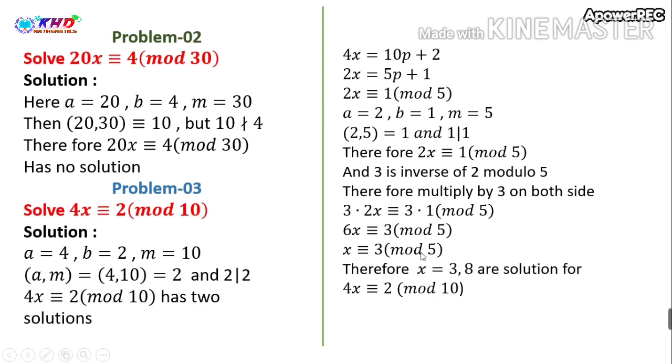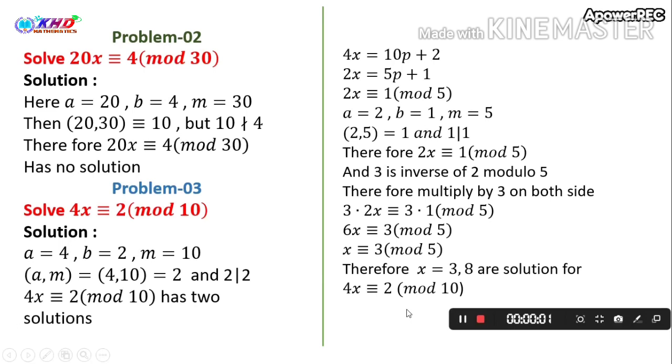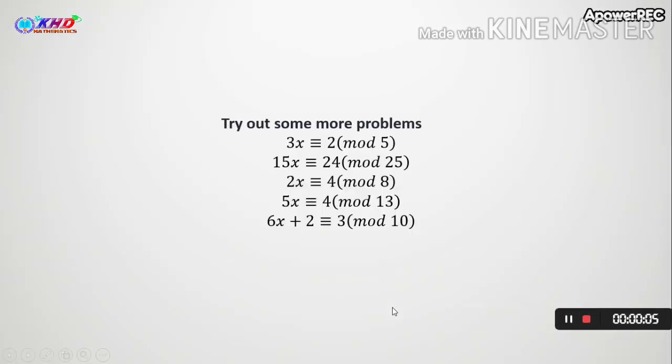So with respect to 5, we have only 3 as a solution, but here we have 10 as our value of m. Therefore, to get one more solution, I add 5 to the answer we found. So, to get the second solution, I add the second value of m to the final answer. Therefore, in this way we have two solutions for this problem.